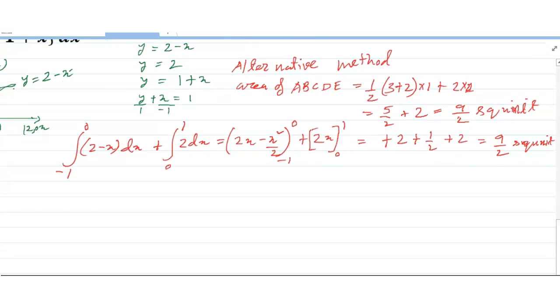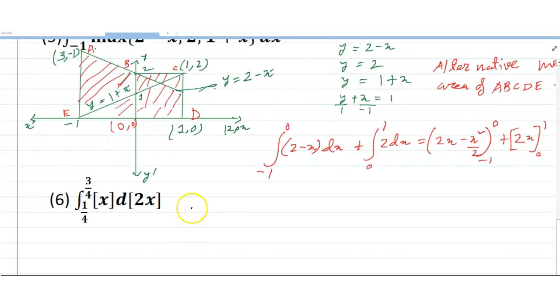Next, this is the last sum in this video. That is 1 by 4. This value is I. 1 by 4 to 3 by 4, box x into d, box 2x. Riemann